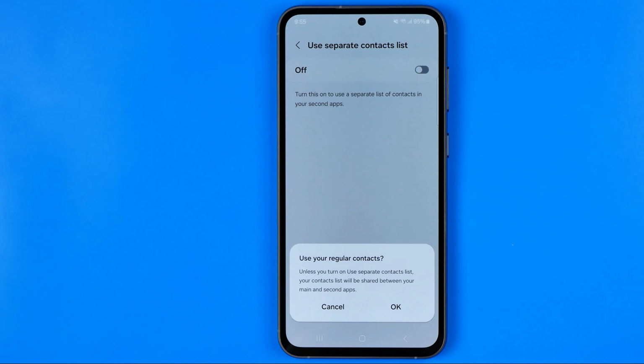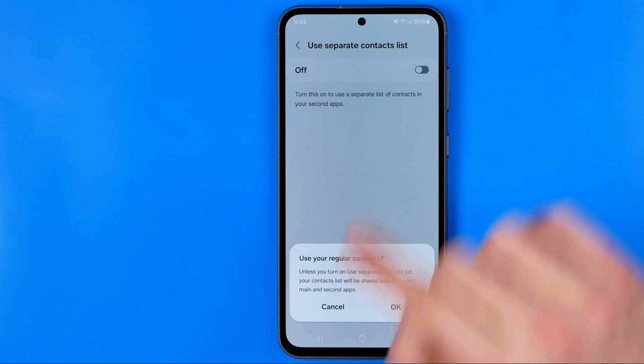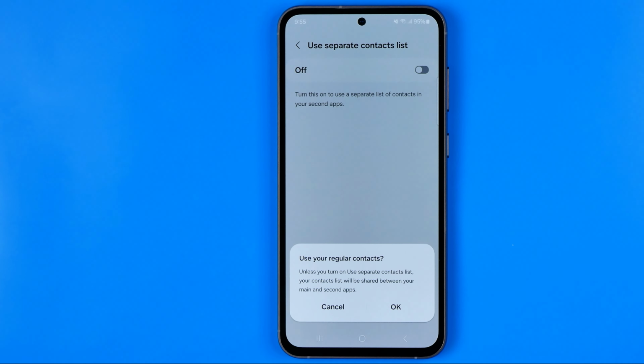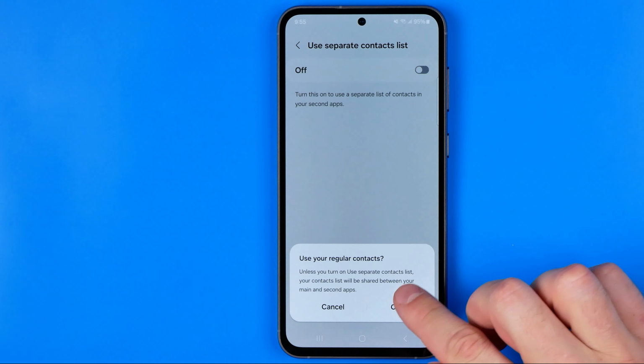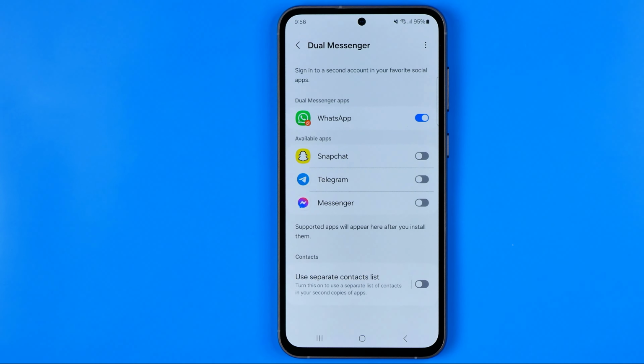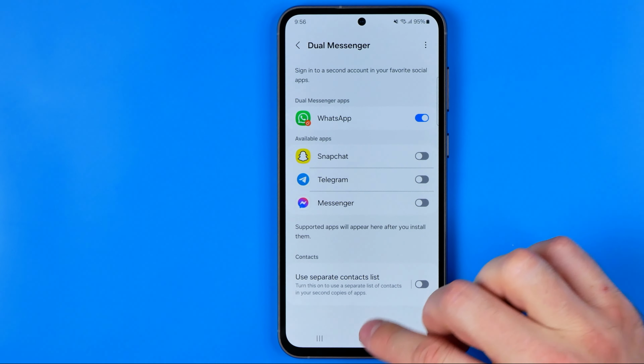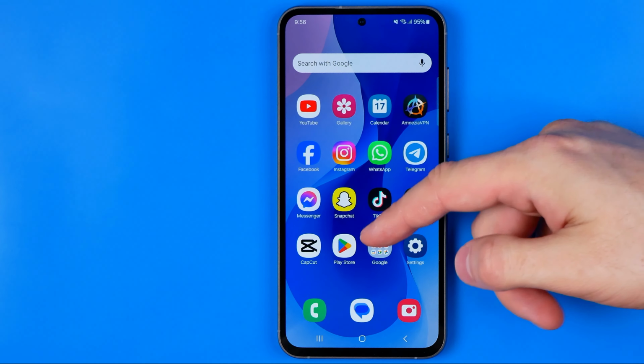Now I'm gonna hit next, and down below here it says that unless we turn it off, our contacts list will be shared between your main and second apps. To continue, I'm gonna hit OK. And now the second copy of WhatsApp has been successfully installed, and we can easily find it if we swipe up